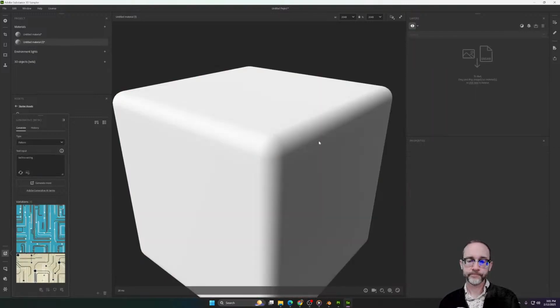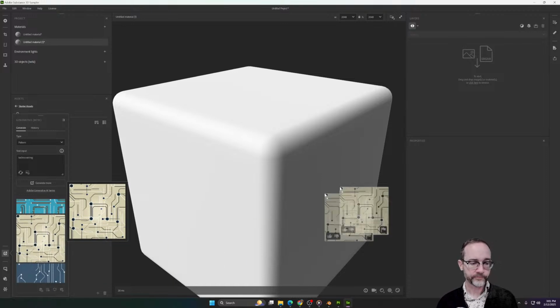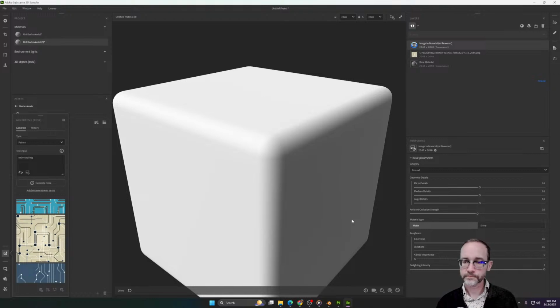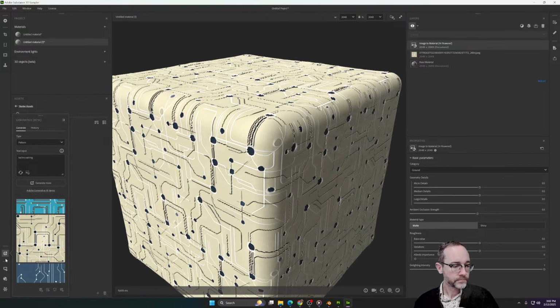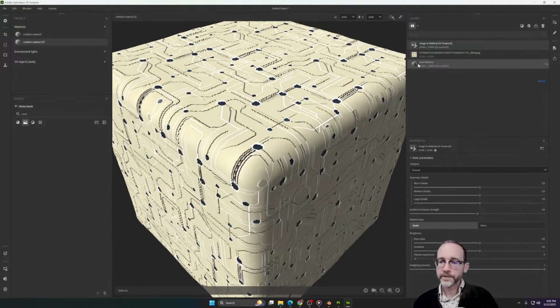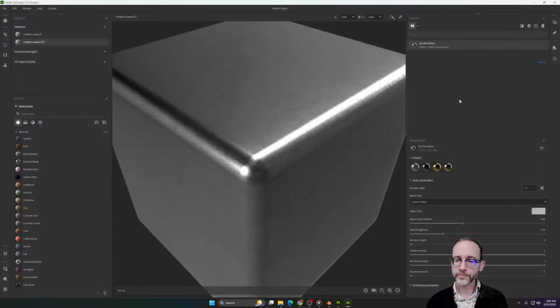Also, that image was super washed out. Okay, so something like this might be interesting and useful. If we brought this in. Yeah, what it gives us by default is not great, but something like this could be a good height map. So for instance, if you were to use your brushed metal